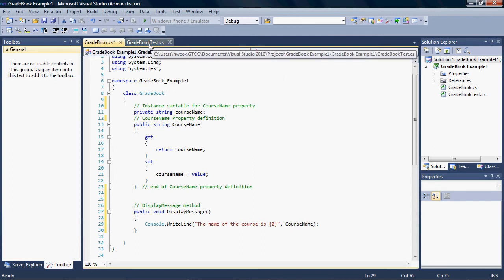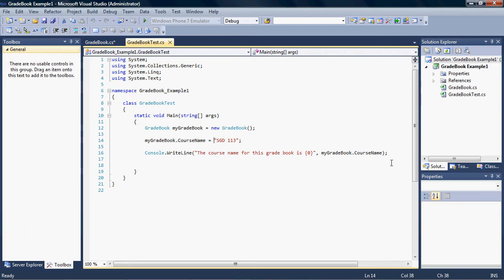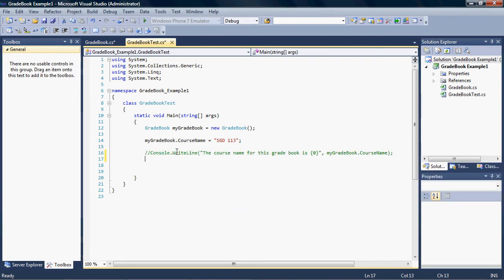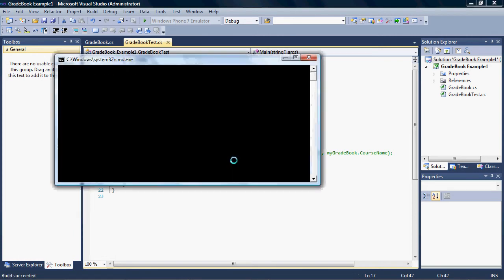So now I'm going to go back over here to our test, and instead of saying this, we're going to go myGradeBook, again the name of our object, dot, and now here's DisplayMessage, our method that we just created over there that shows up. We're going to do that, open close parentheses, this is a call to the method. So now when I execute this, Control F5,